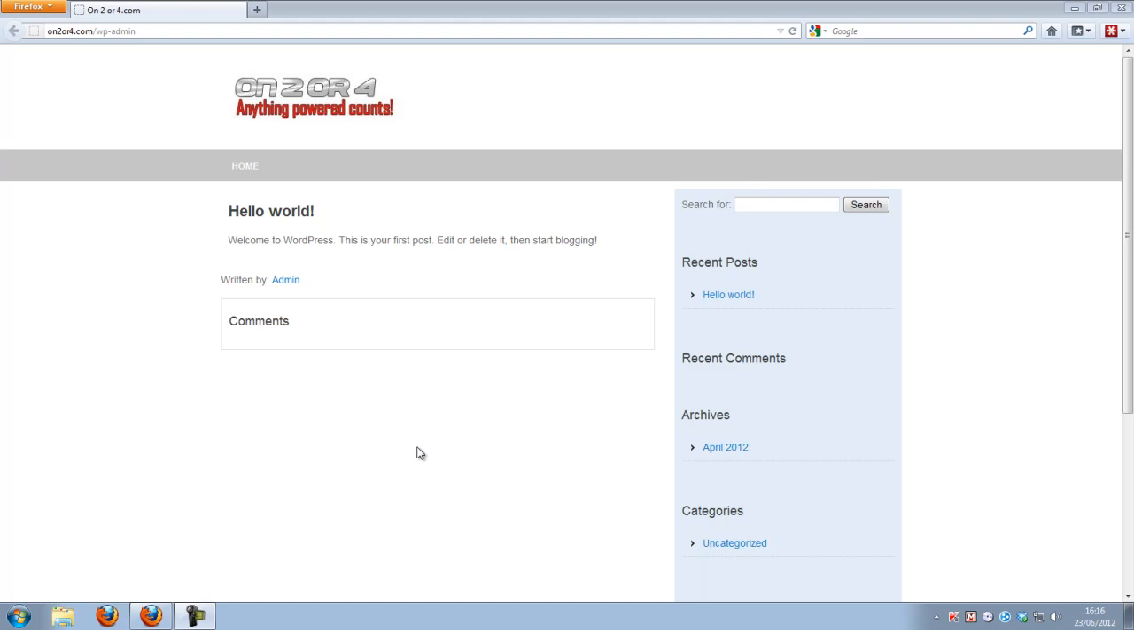Hello, I'm going to take you through how to use the back end of the website. I'm using on2or4.com as an example here. It can be reached by going in your web browser to on2or4.com. If I want to log into the back end of the website, I'll just append to the end of this